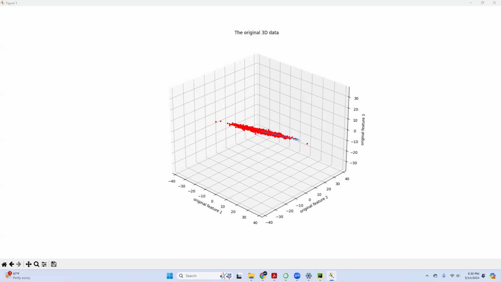In terms of this direction, it has a big change. In terms of this direction, the change is small, and in terms of this direction, the change is even smaller. And hence, you know what? This direction dominates the change, the difference, isn't it?